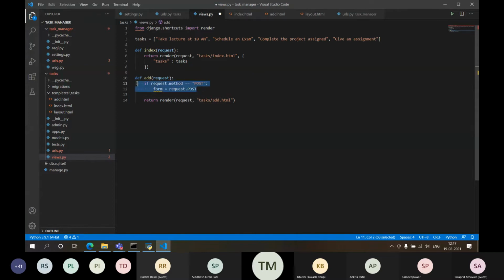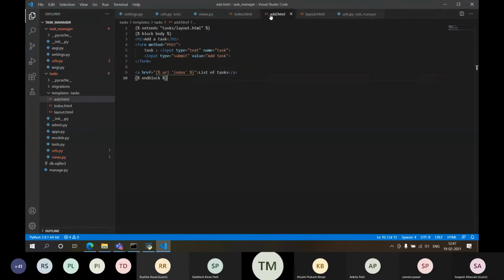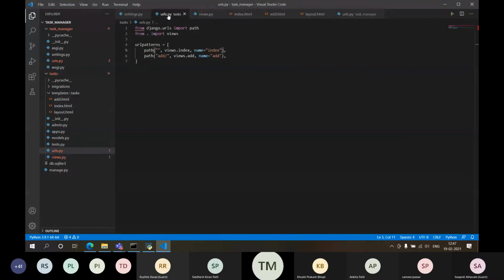Okay, fine. So instead of doing this, I'll tell you a simple thing. First of all, I need to cover the forms module. So let's cover up the forms module first, and then I'll tell you how you can check this. So we will cover up the forms module first.